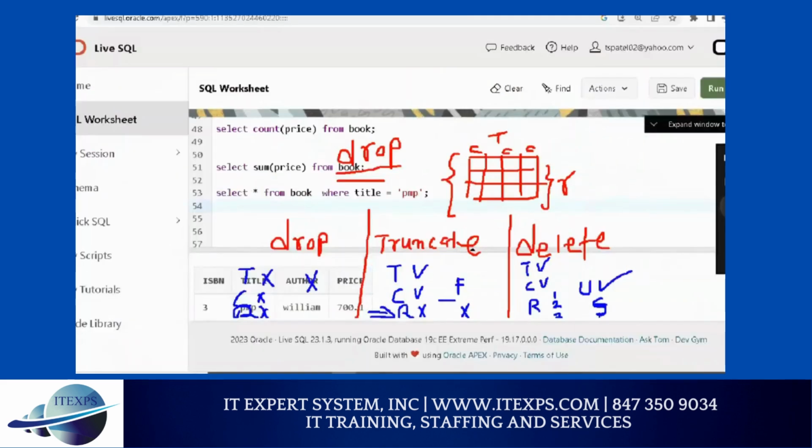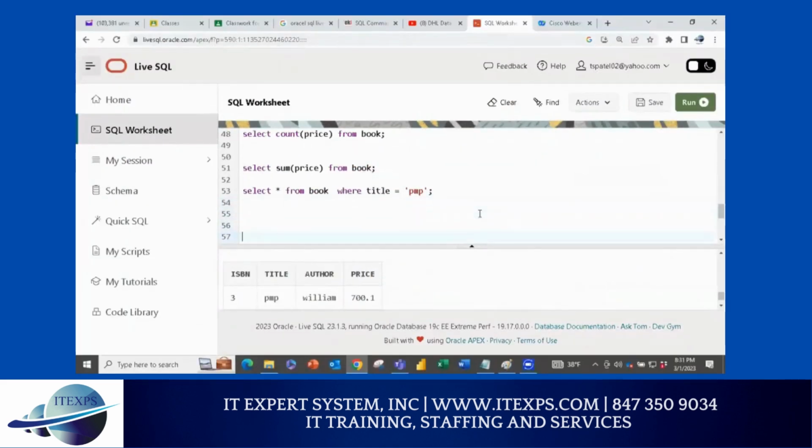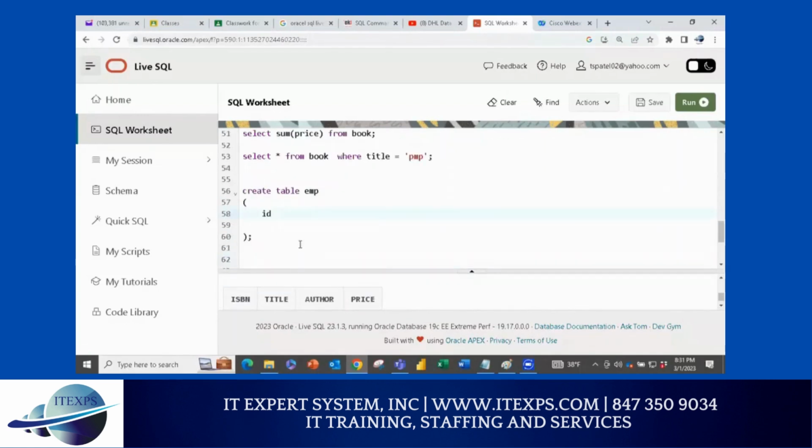Good. So now we are going to do a big exercise. Let's work together. So let's create a table. We're gonna create table EMP. Create table, and we'll say parenthesis and semicolon. And we'll say ID. This time I'll keep optional and everything, so you will understand the things which I'm doing. Please type correctly and make sure you follow. So ID, integer, primary key,